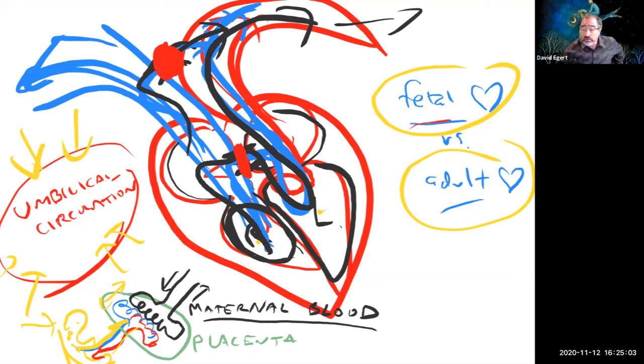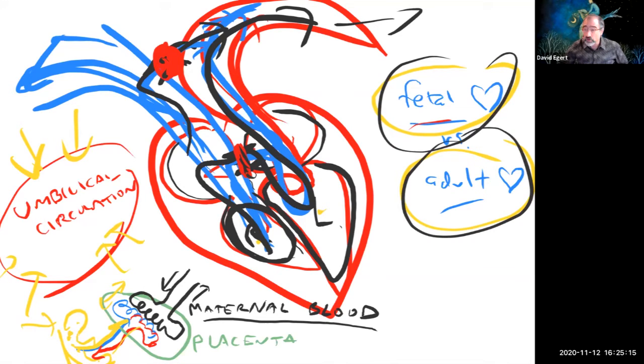So like in the tetralogy of Fallot and stuff, there's different things that happen where these things don't transition properly from the fetal version to the adult version. The one other thing that's different in fetal circulation is because you are not having to eat and process your